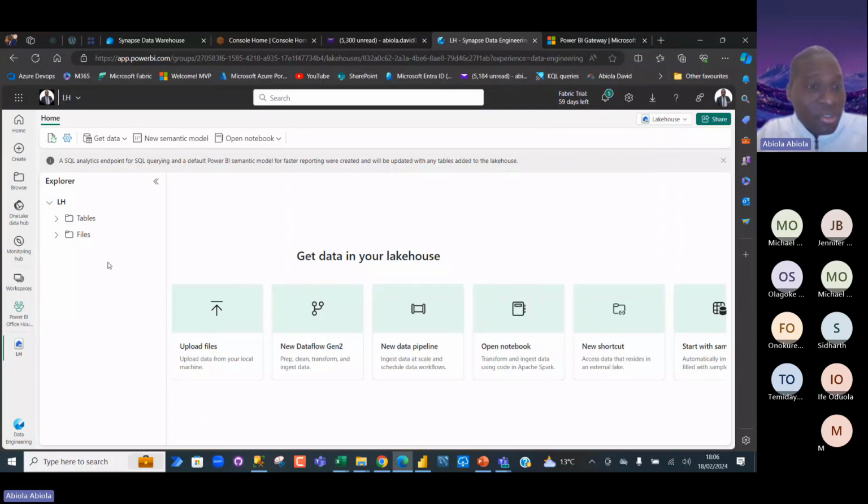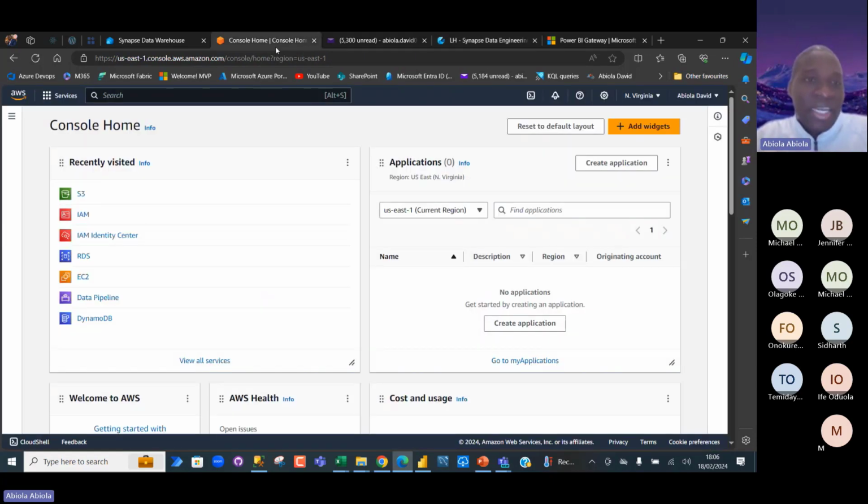So we can actually create or get data using this ellipsis, and then we can upload files or folders from your local laptop. That is totally fine. But I actually want to focus on getting data externally from Amazon Web Services S3. So I actually just opened my AWS account here. Now, basically, this is what's called the AWS console. So I can see all the services that I've used. We have got S3, identity management, RDS, relational database service, and so on. So I'm going to click on this S3.